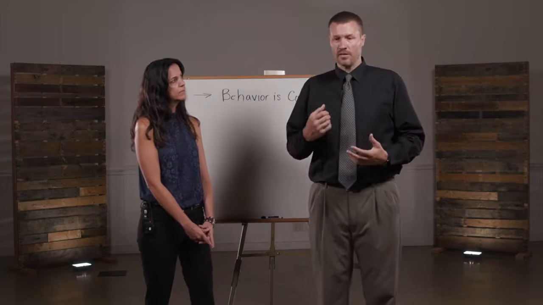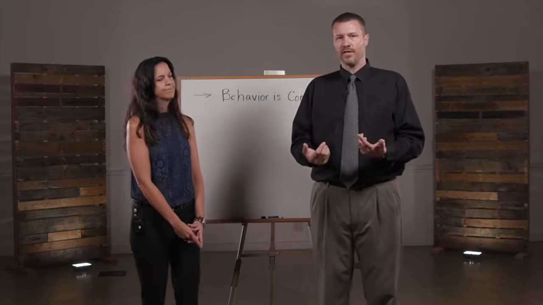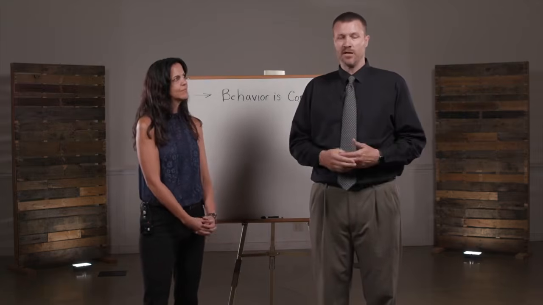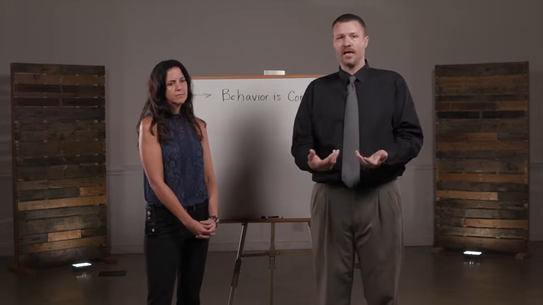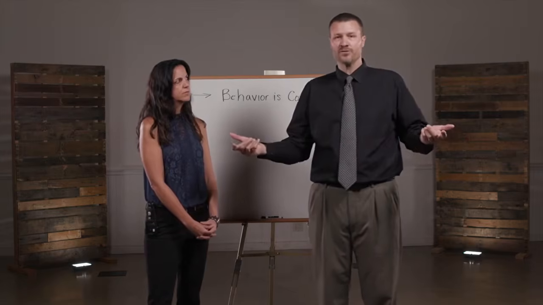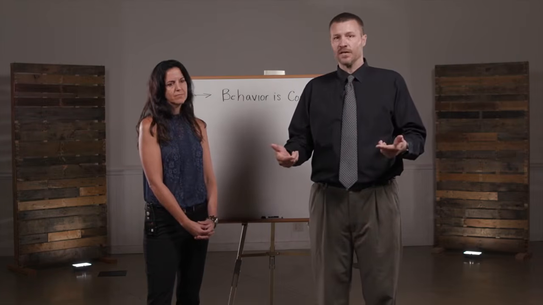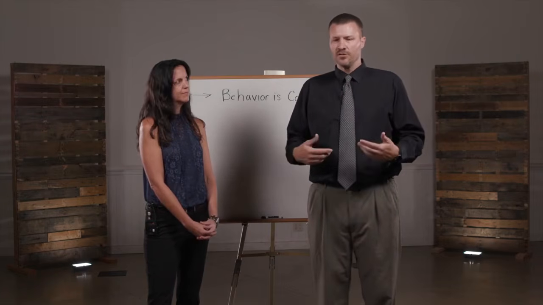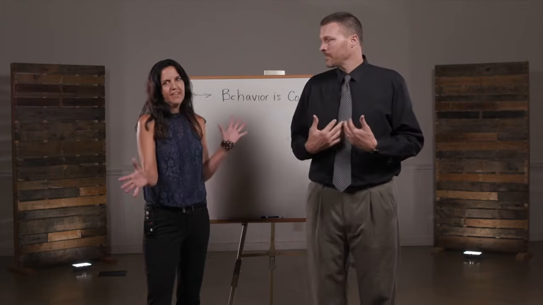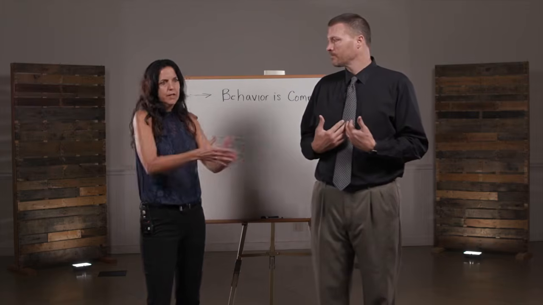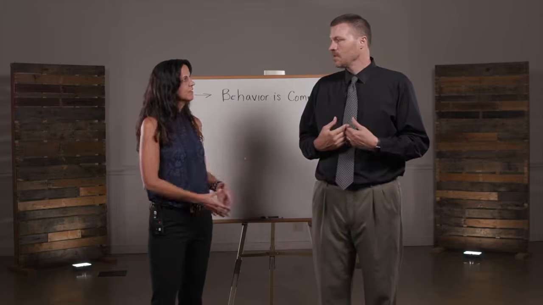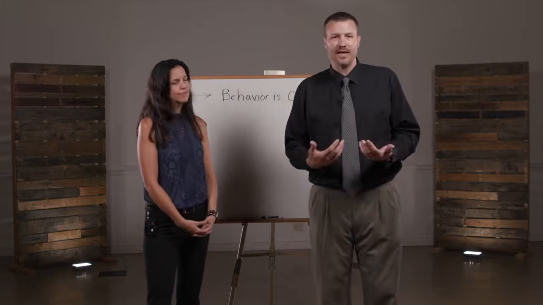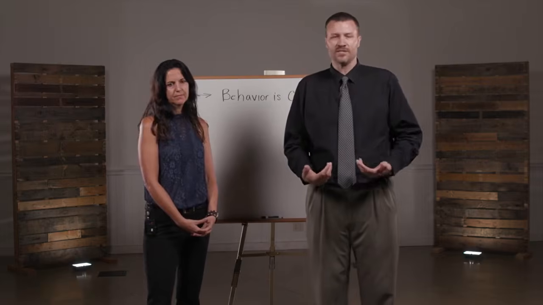Now I've created a power struggle, because if the student says, I'm not doing it, well, now what am I going to do, right? Now I'm going to escalate. And of course, all the other students are now watching to see, who's going to win this power struggle? And there's no winner in a power struggle in a whole classroom with peer pressure with a teenager. I just fell into a trap that I set for myself. I didn't need to set that trap, right?